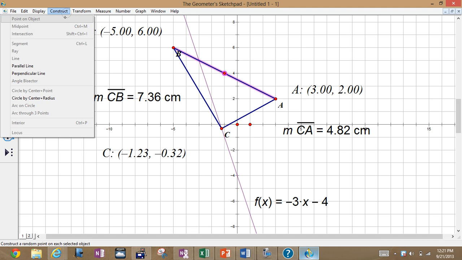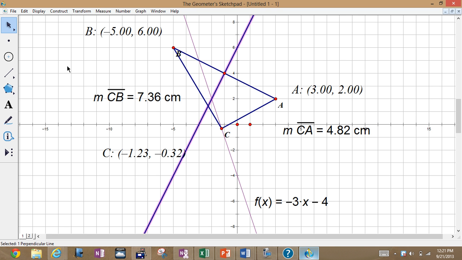Let's try to find the perpendicular line, and then on that line, the perpendicular bisector, any point on the perpendicular bisector is at equal distance from the endpoints of the segment it is bisecting. But you'll notice also that that line is going to intersect with the line y equals -3x plus 4, and lo and behold,